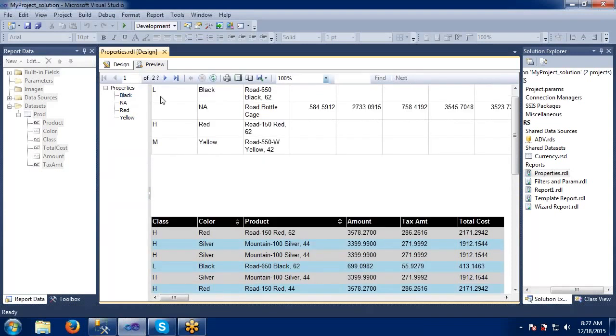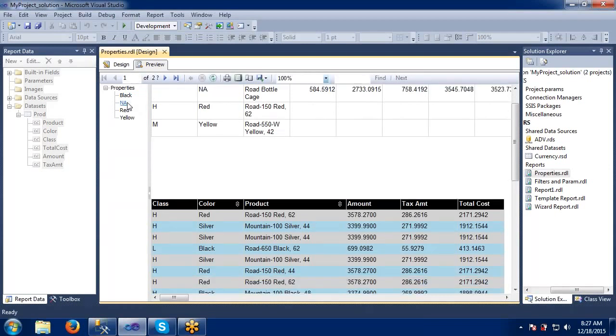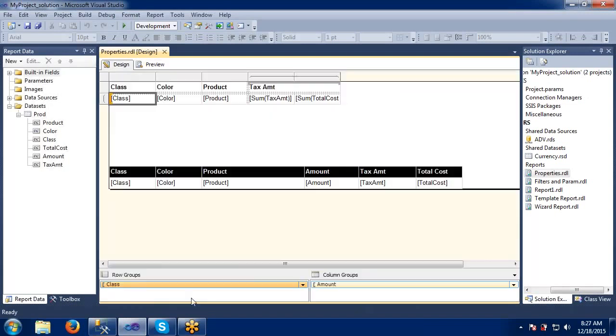Just now I said black here, so if I want to see what are the not applicable colors here, it will show me in the first line at that particular point. So it will be somewhat an index type of thing. Okay, this is how it works. What about the group properties?